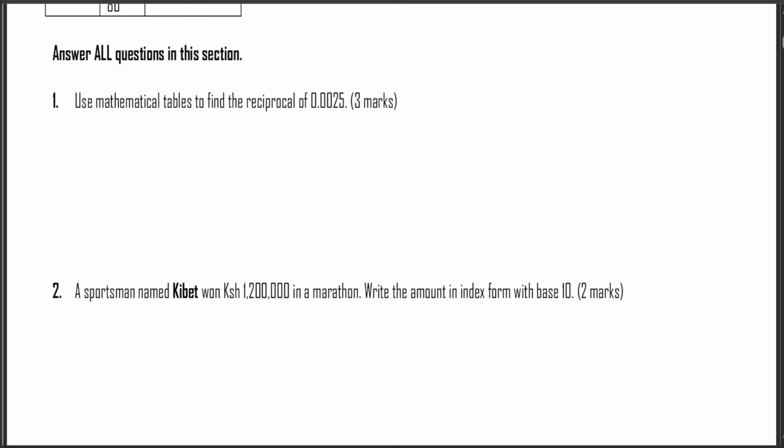Sawa. Question 1. Use mathematical tables to find the reciprocal of 0.0025. Okay, so how do you solve such a question, which is very easy? Reciprocal here of 0.0025, which you can write like this: 0.0025 raised to power -1. Hiyo ndo reciprocal, au ukitaka waweza ukaandika hivi, reciprocal ya